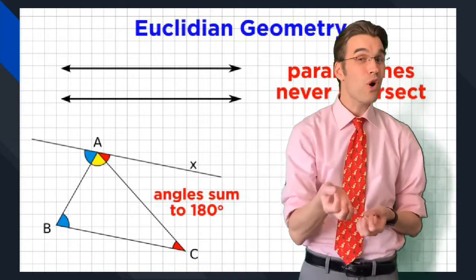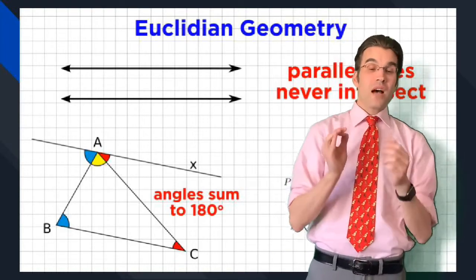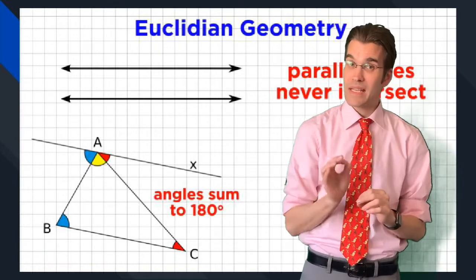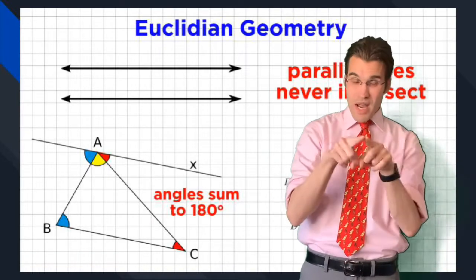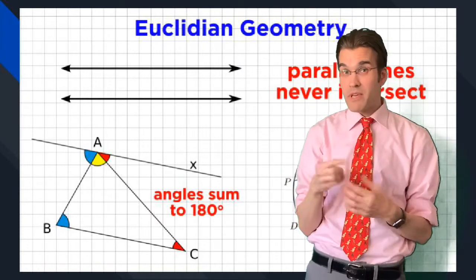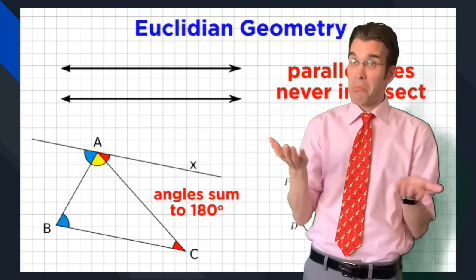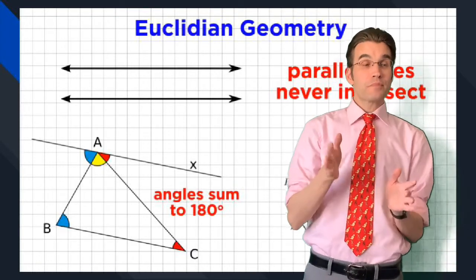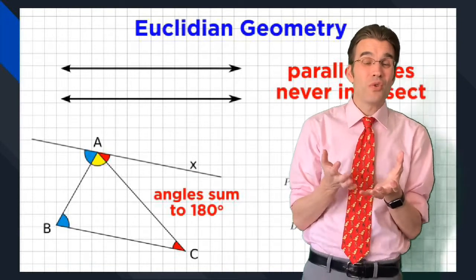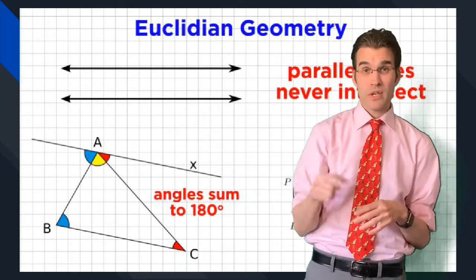Euclidean geometry also says that a triangle's angles equal 180 degrees. So no matter what triangle you make, if you add up the angles, if you measure them, it'll equal 180 degrees. Pretty cool, right? Now, the universe doesn't follow Euclidean geometry. So, go to the next slide.